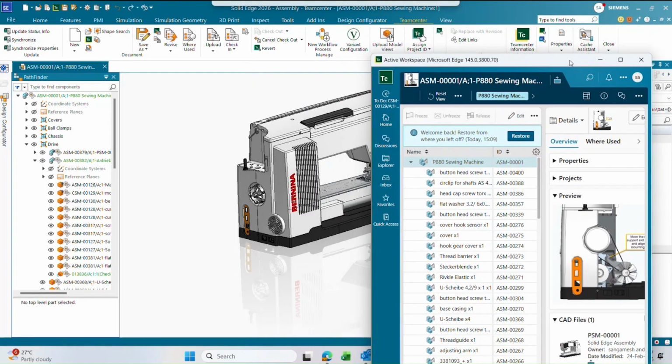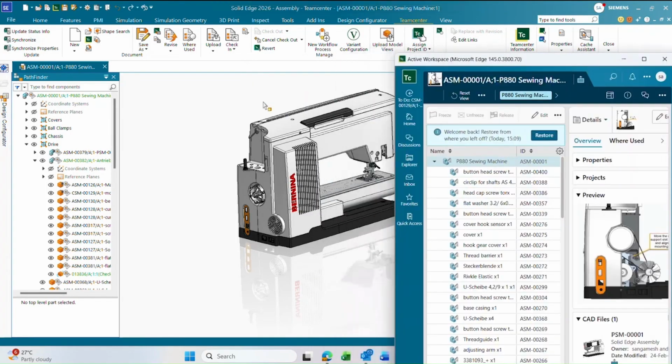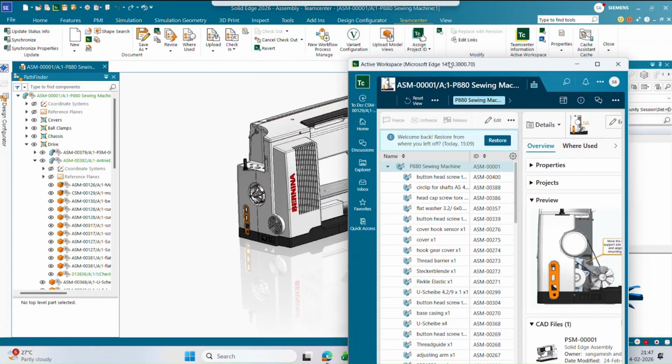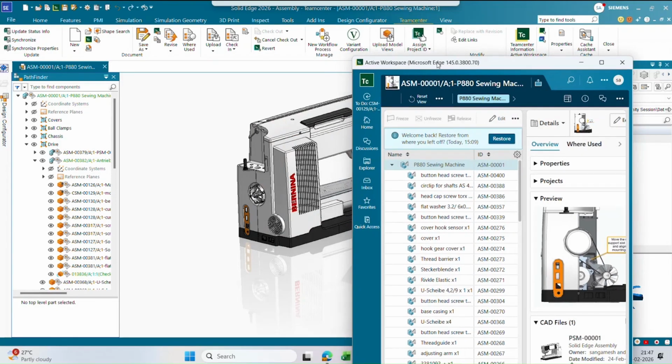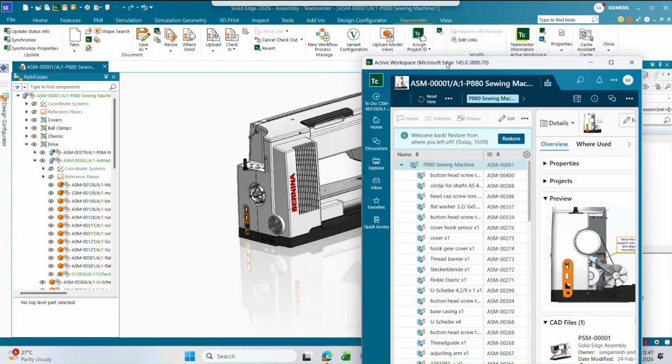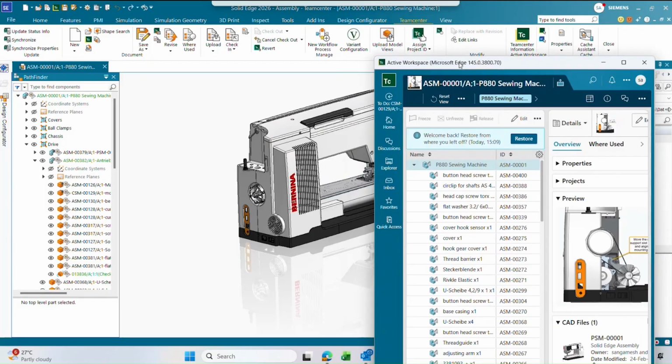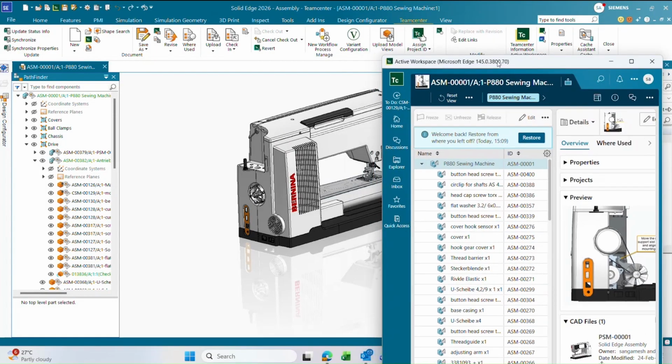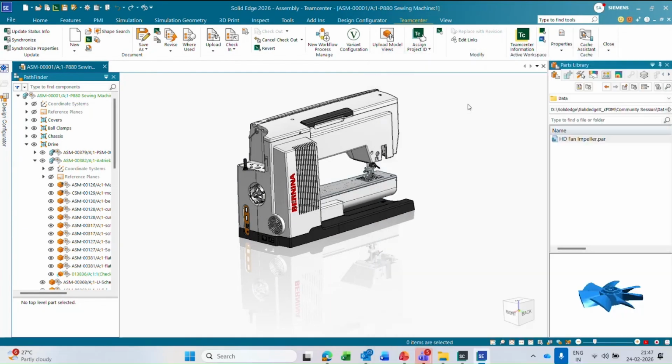hosted active workspace is a modeless dialog. That means you can work in parallel between the two windows here, or if you are using dual monitors, you can move this dialog to another monitor so that you can maximize that dialog. Okay, so I already viewed what needs to be modified. In this case, the support mount needs to be modified. So I'm going to go ahead and close this